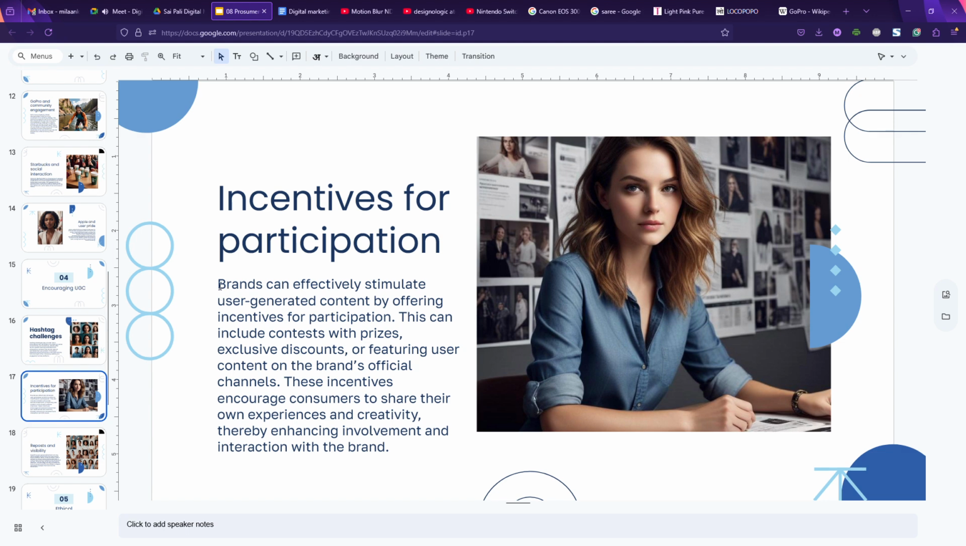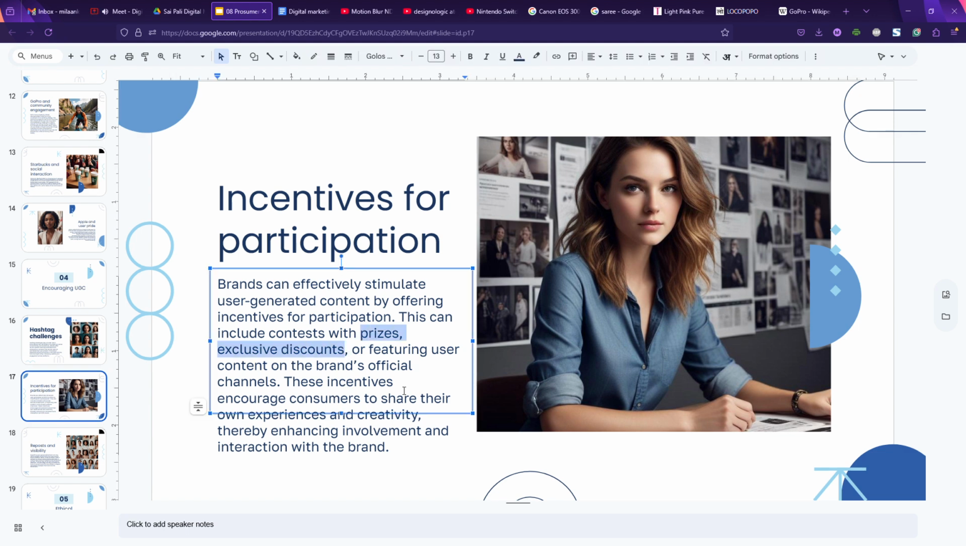So brands can effectively stimulate user-generated content by offering incentives for participation. This can include contests with prizes, exclusive discounts. Maybe on your next purchase, you get a 50% discount, whoever has the best photo. So the challenge can go like that. Or featuring user content on the brand's official channel, or as simple as reposting that photo and then you're